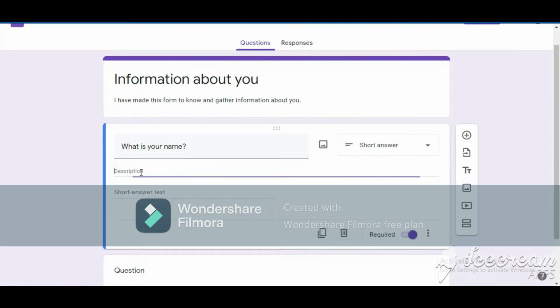You can write a description of why you have made this question or what the question is for, anything. So I'm going to write it as what is your name, I need to know you. Okay, so I have filled the description. So now we are going to go to the next question.